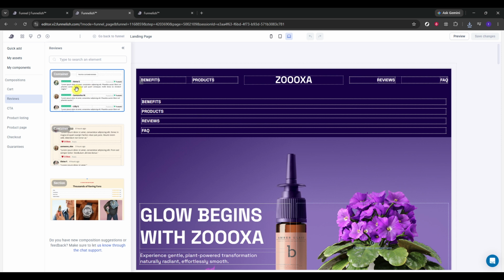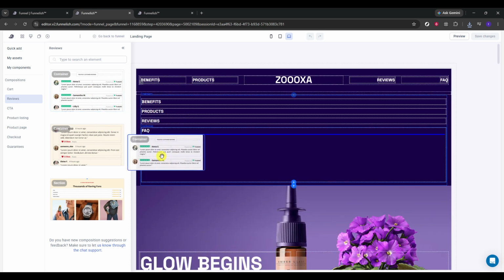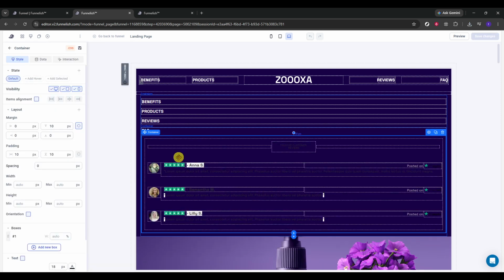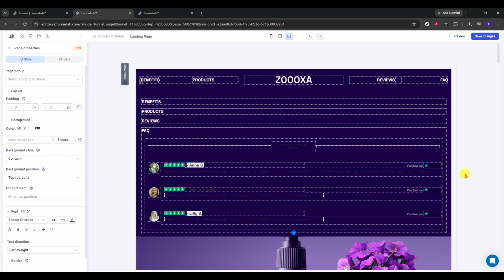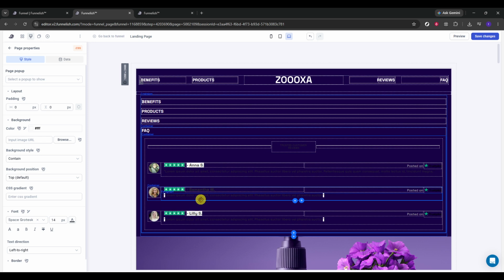As you place them, try to position them in a way that feels natural and supportive rather than distracting. For example, reviews often work well close to the checkout form because they reinforce trust right when a visitor is deciding whether to continue. Take a moment to make sure the placement looks clean and fits the overall design of